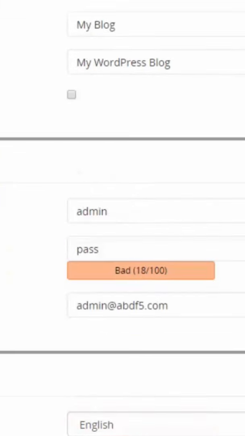Now, this is probably the most important section of the entire installation process, and that's where you assign yourself an admin username, admin password, and an admin email address. The email address is populated by default with admin